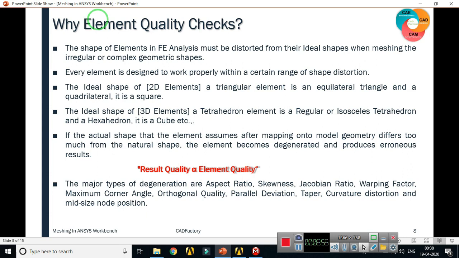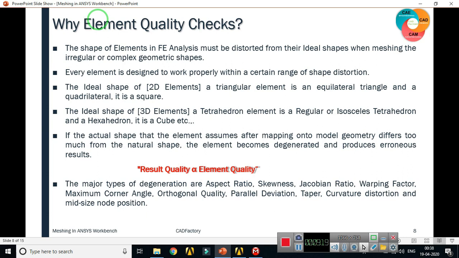That's why it is possible to get a distorted mesh. Every element is designed to work properly within a certain range of shape distortion, and within that range the element should behave properly.